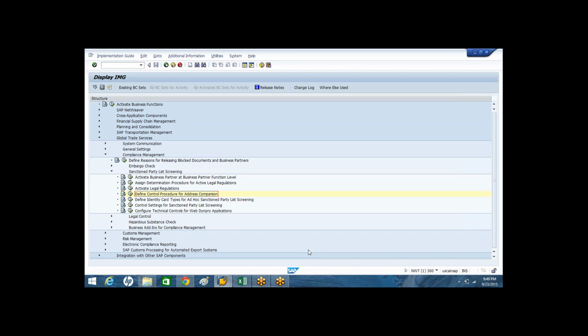If I just specify 50%, then what happens? For example, Venkat is there. There is a member in the SPL list, Venkat. Venkat is a bad member. And your business partners like Venkat Rao or Venkat Reddy or Venkat Srinivas or Venkat Suresh, there are many people. So if you specify 50%, all these members will be blocked. Am I correct? Because 50% of the name is already matching the SPL member. If I specify just 50%, there will be unnecessary blocks or more blocks.